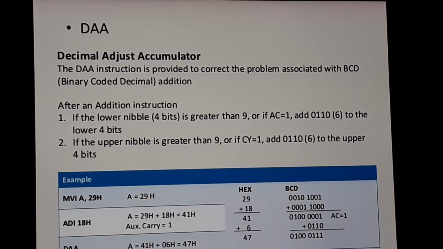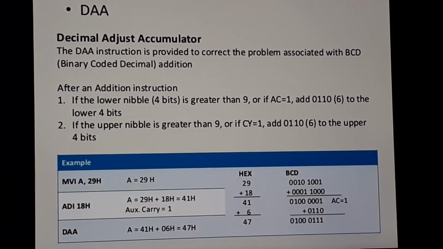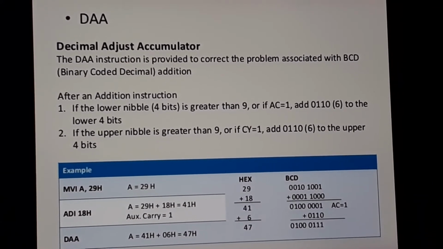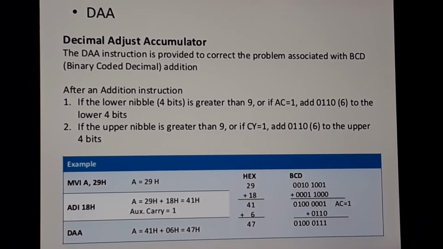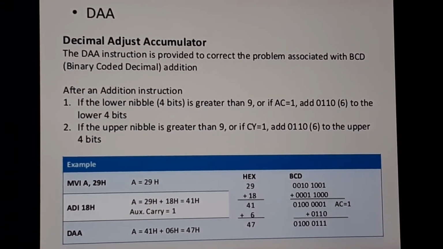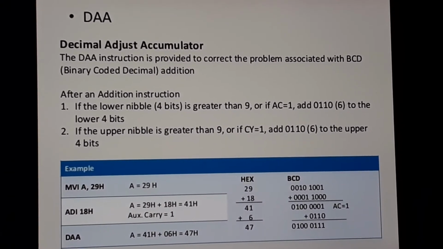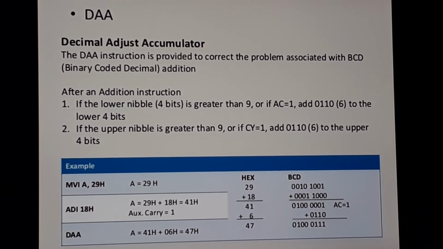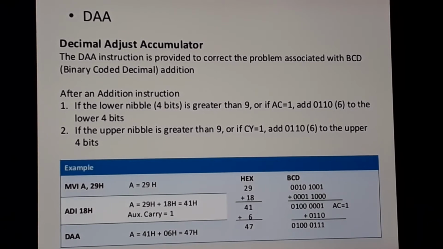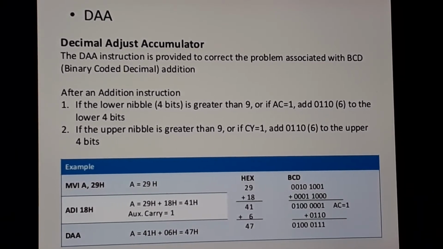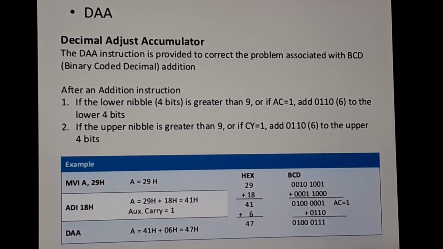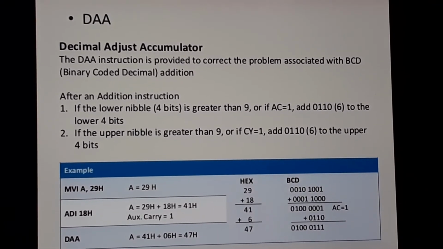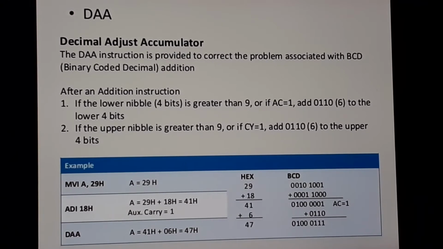Now the next instruction that is very important, the last instruction in this particular group, that is the arithmetic group. In the next video we'll continue with the same chapter but with the third group, that is the logical group. So the last instruction in this group is DAA, which is very important. There is nothing ahead of DAA. We do not have any register or register pair or data. DAA stands for decimal adjust accumulator.